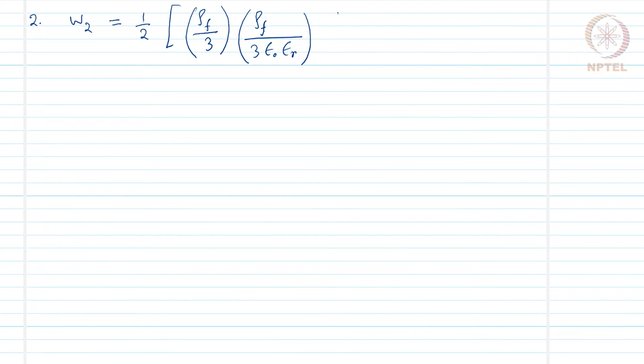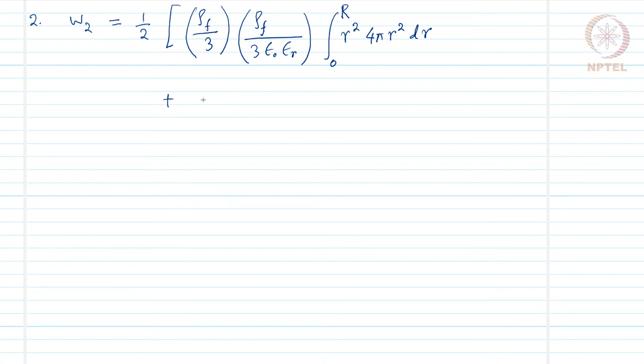W2 is given as half, rho f over 3, r, times rho f over 3 epsilon naught epsilon r, r. So the prefactors of D and E we have written here. Then we integrate from 0 to capital R inside the sphere, r squared 4 pi r squared dr,